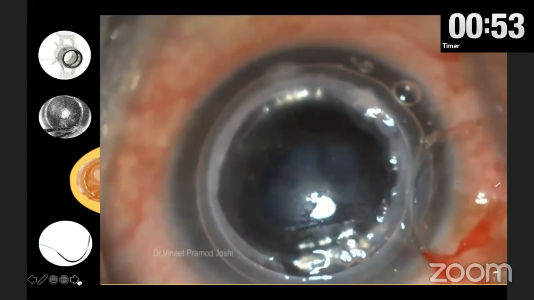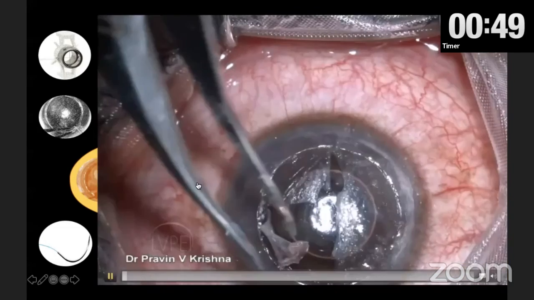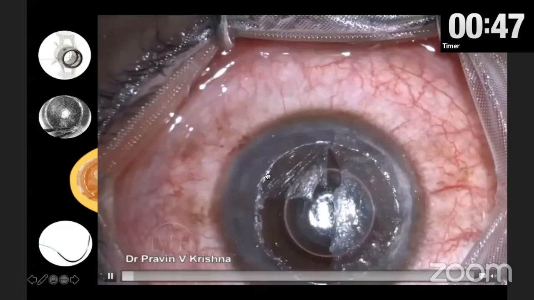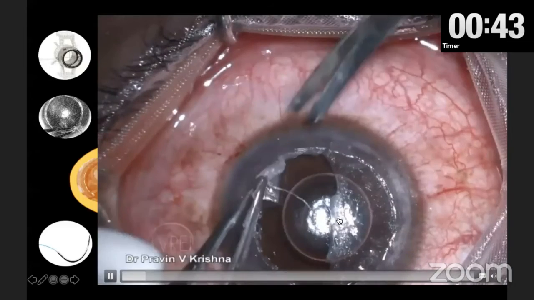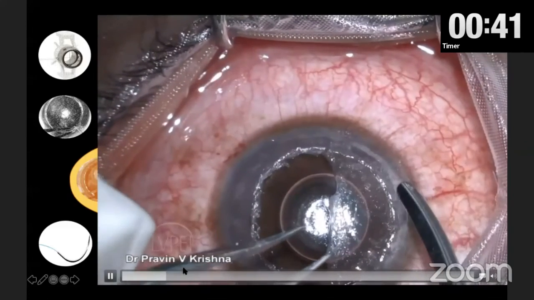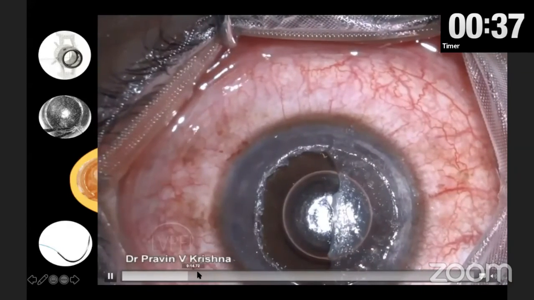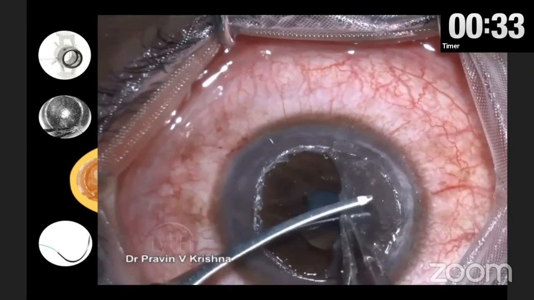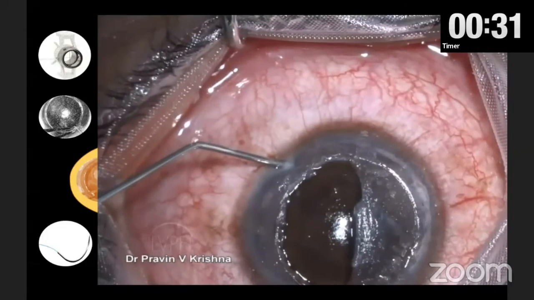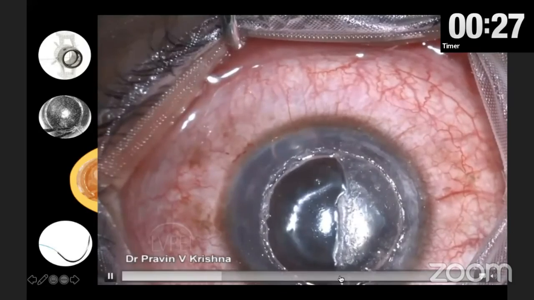So this is our last case. Here again, the patient had macular dystrophy and a DALK was being carried out. 2 leaflets have already been excised. And when excision of the other half of the corneal stroma is being attempted, we can see over here that there is a perforation. So air is being injected and then the rest of the dissection is carried out.